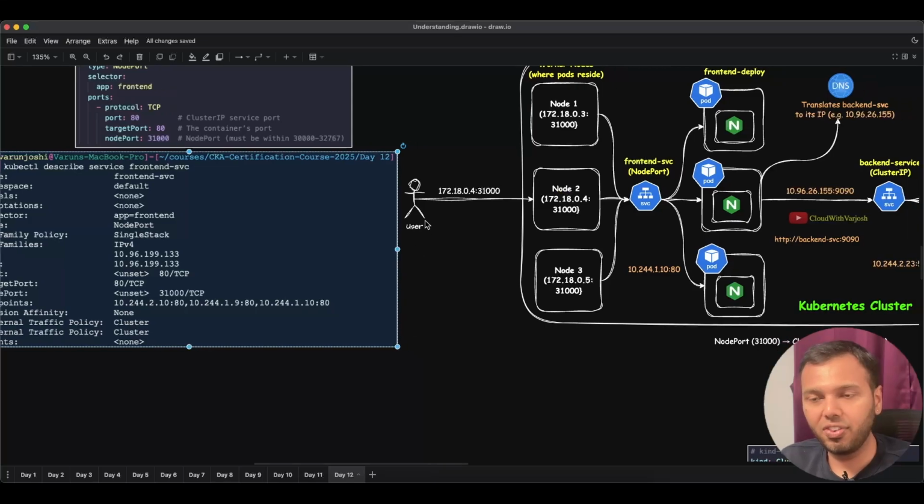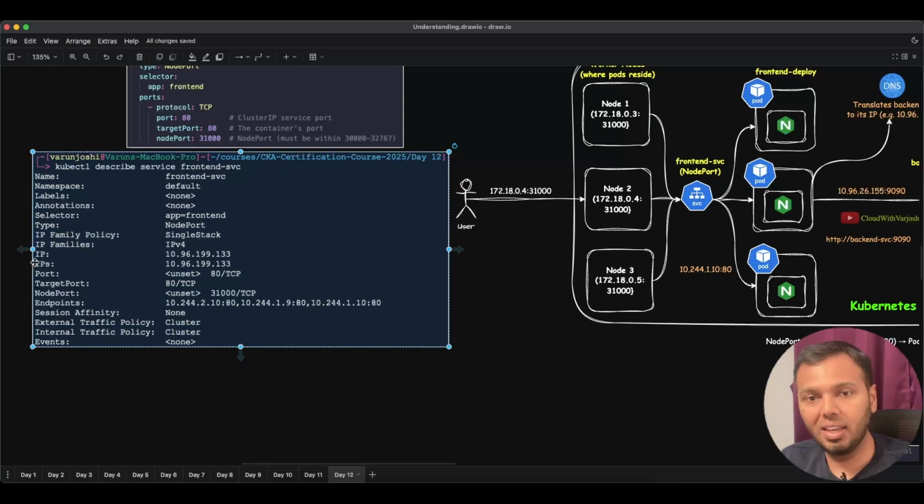The traffic will first go to 172.18.0.4:31,000, and then port 31,000 will say, okay, I can forward this request to the cluster IP. It will forward this request to 10.96.199.133:80, because 80 is the cluster IP port. It will forward the request to port 80, and then that cluster IP will say, okay, this request can go